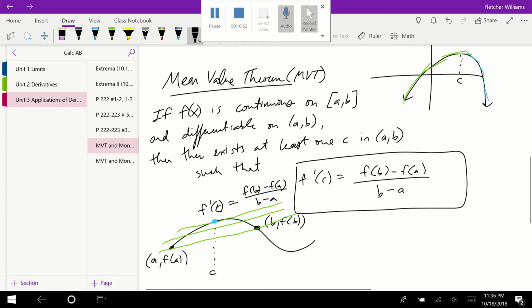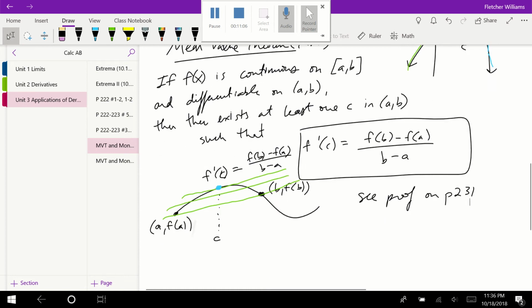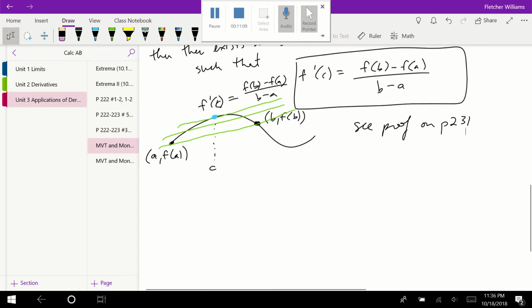So nothing too wild here. There is a proof for it if you'd like to look at it. That's on page 231. I encourage you to check that out. Okay. So an example,